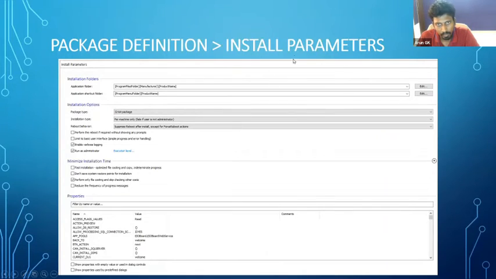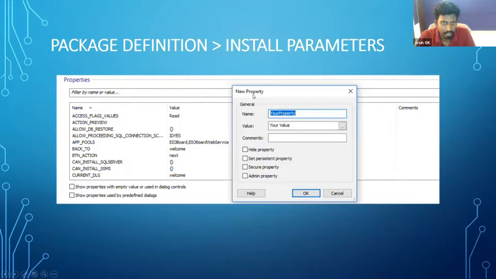These are the properties we already discussed in the previous slide regarding the public properties. We can add a new property here under the Properties section in the Install Properties tab. Go to the Properties section and right click in the grid. You can select New Property.